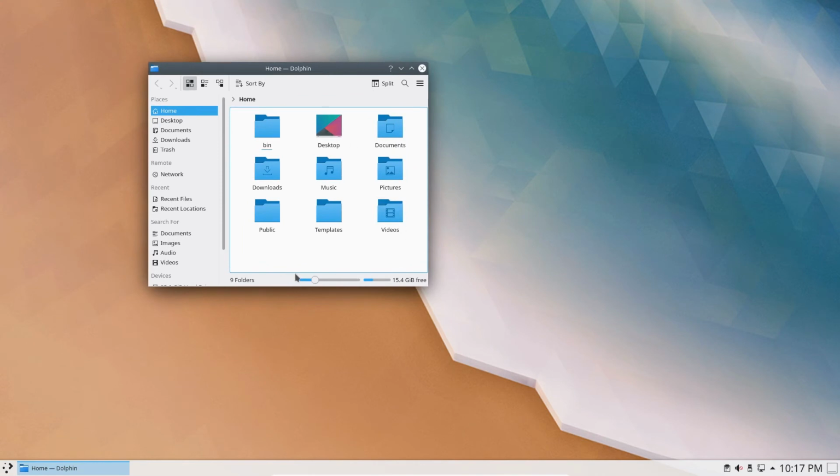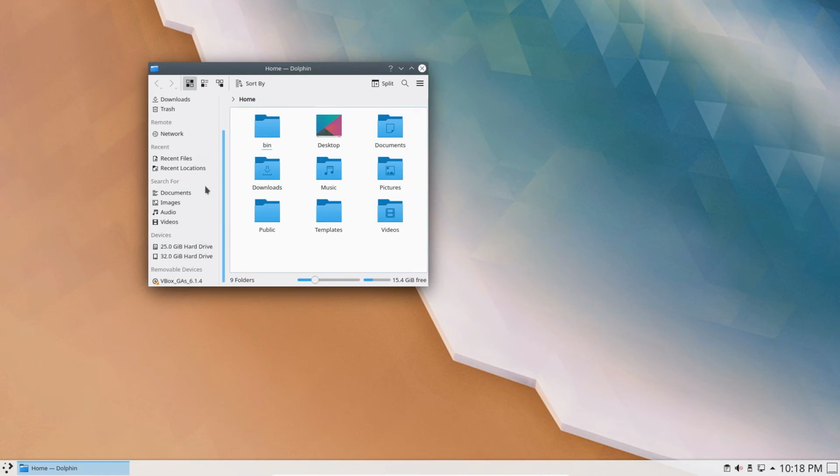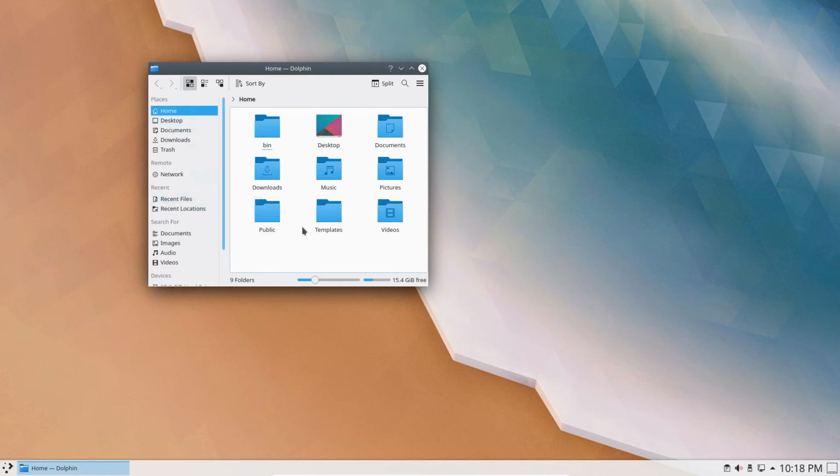That way it'll automatically mount as your home. So if we have a look at our home here at the moment, we've got pictures and videos and all that, that's part of your system, the operating system partition. It's part of root. It's not part of anything else. But when we do an install and we mount this 32 gig as your home partition, anything under home,